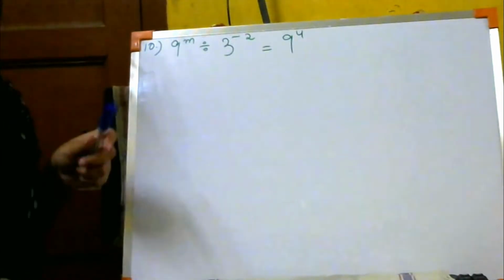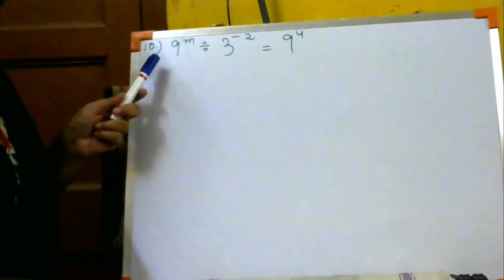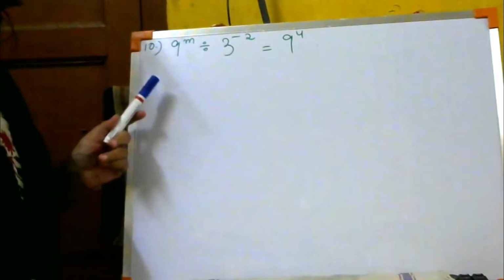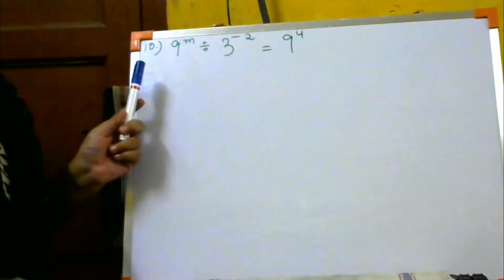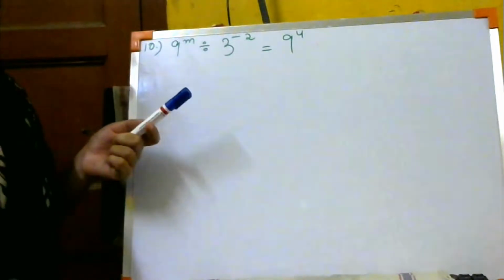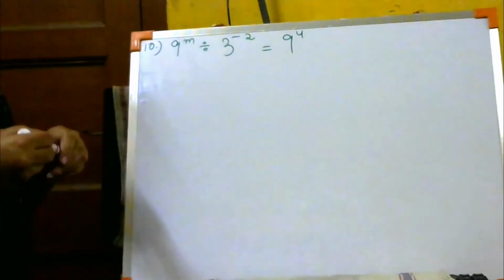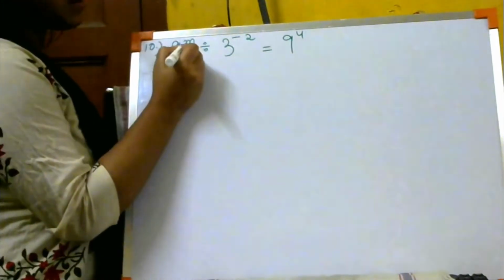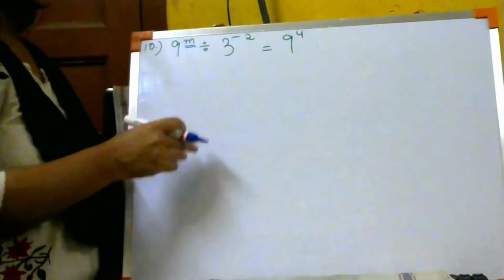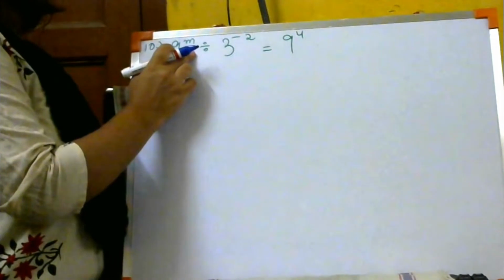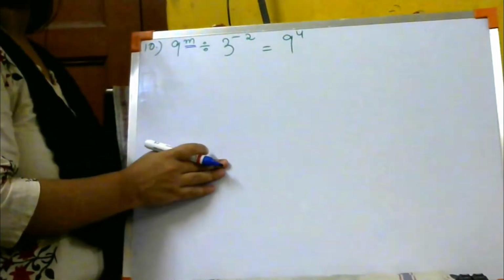Okay. The next sum, today's next sum. Sum number 10. Now you people are going to face a different kind of sums in exponents where you have to find the power. Power is not given to you. Can you see which power is not given to you? This power. See, above 9 in the power only m is written. Look into your book. It is given m. You have to find the value of m. They are asking you to find the value of m.